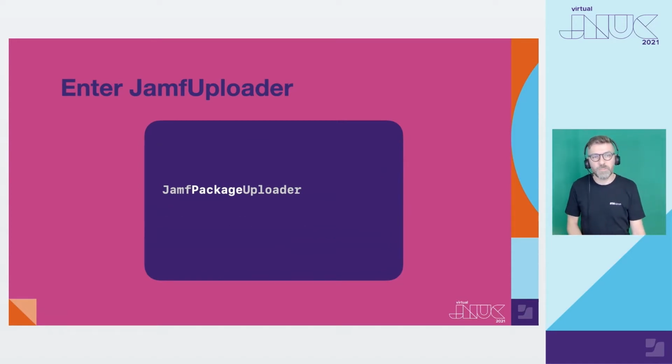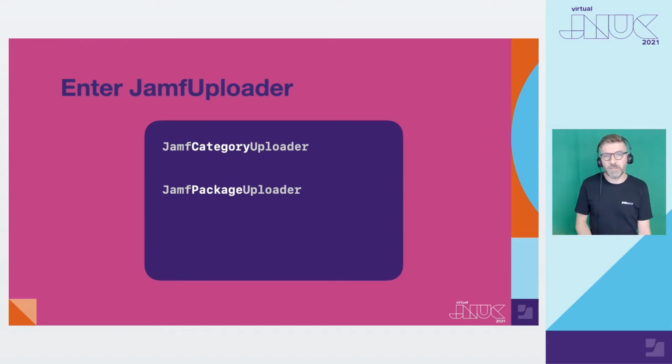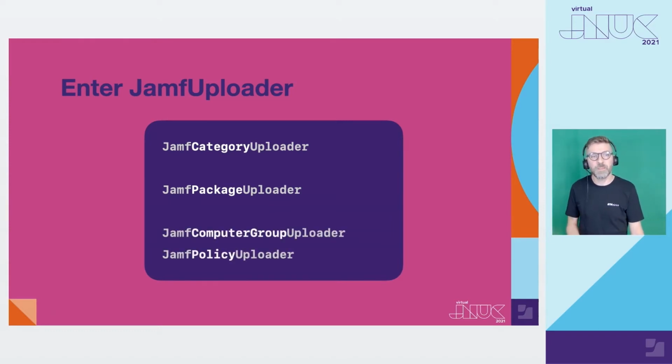You only need to add the processors to your recipe that are required for the items you want to upload. If you just have a package to upload, then just add the Jamf Package Uploader processor to your recipe. If you want to assign a category to your package, then add the Jamf Category Uploader processor. If you want to automate the creation of a policy and smart group with which to push the package to clients or offer it in self-service, then use the Jamf Policy Uploader and Jamf Computer Group Uploader processors, and so on. You only use the processors you need, and you can use them multiple times in a single recipe.